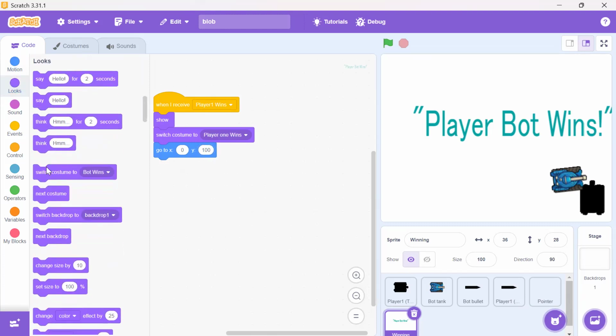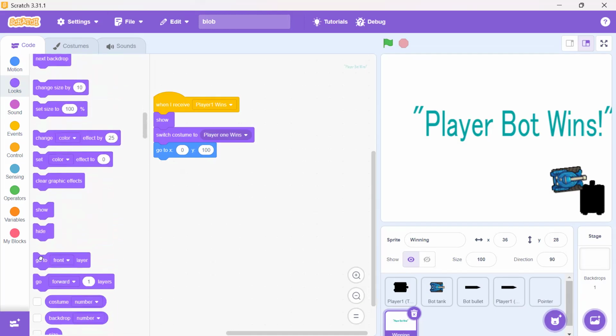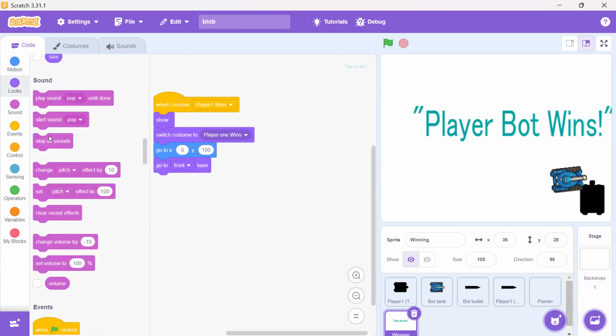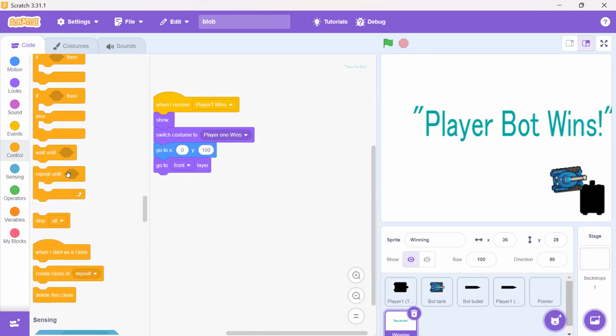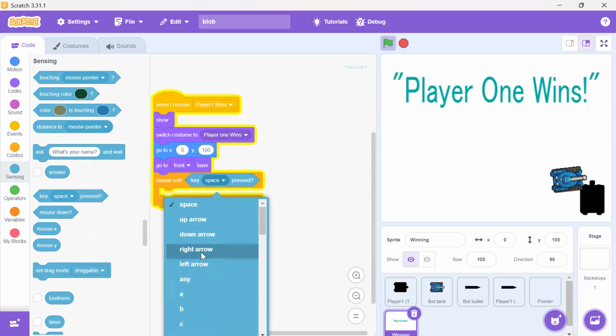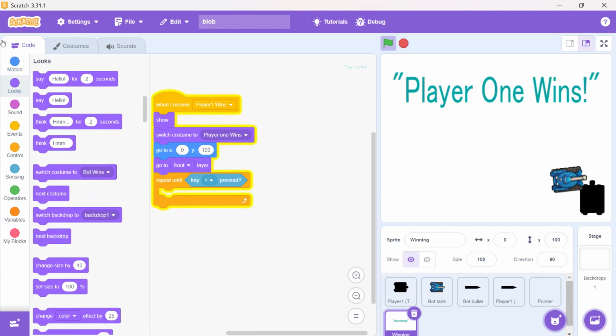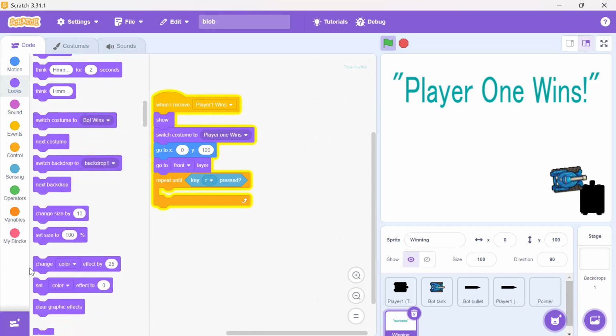Now we're gonna go to looks and actually go to the bottom and go to front layer. Now we're gonna repeat until over here. We're gonna actually go back to the control section and repeat until and go to sensing and key R clicked. There we go. We're gonna actually go to here and we're gonna go down here and